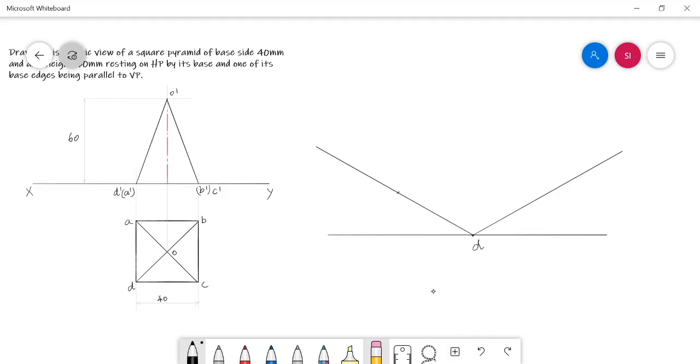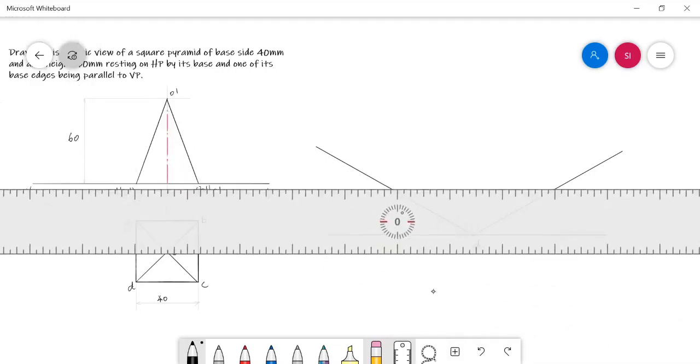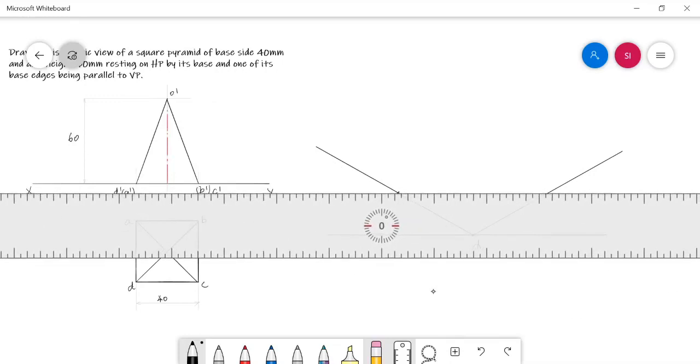Here I am marking the distances in an approximate manner only. With your proper tools, you can use the correct dimensions.